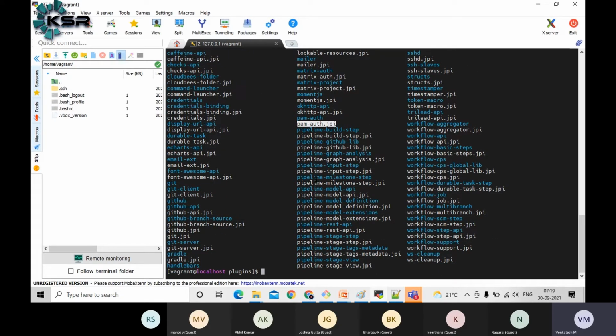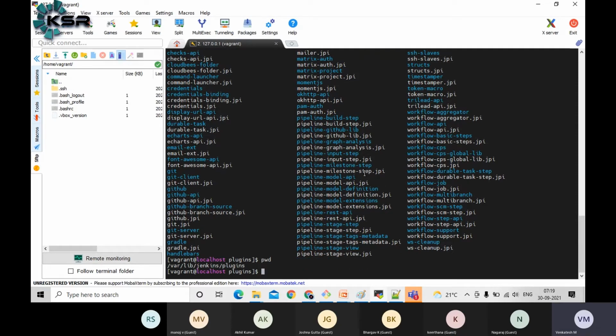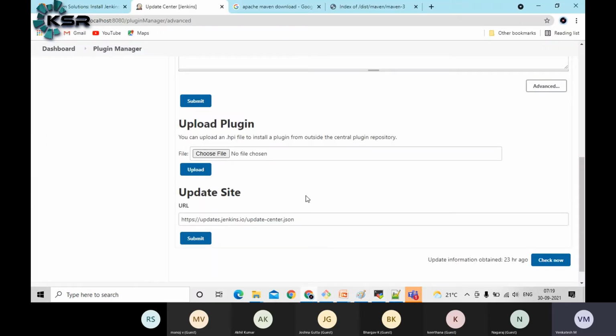Everything is a plugin. Once it's downloaded, it creates a folder like this. Similarly, you can directly copy your JPA or HPA file to this particular path, Jenkins home/plugins. When you copy it, it will try to install automatically. That's how it will work out, guys. Then let's move further.